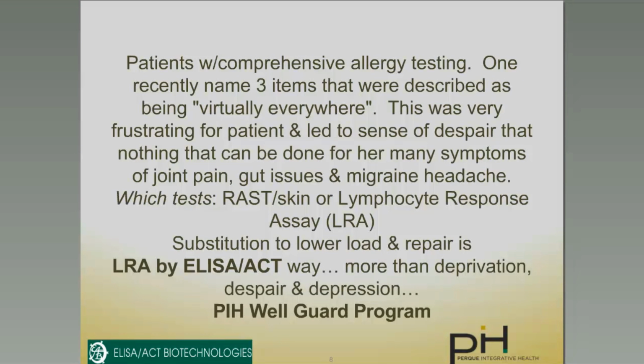Which tests were done? Were they RAST and skin tests for type 1? Were they true lymphocyte response assays for comprehensive delayed allergy testing? The delayed allergens are likely to be prominent in these cases. We do view it as a window of opportunity to substitute so that you can lower the load in a comprehensive way. Lower the load on the immune system below a threshold so the body can repair, renew, recycle, and